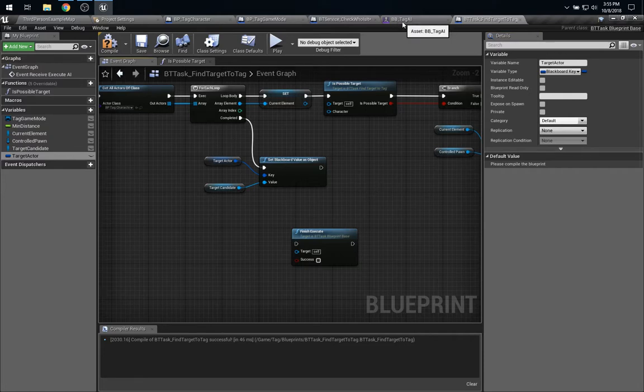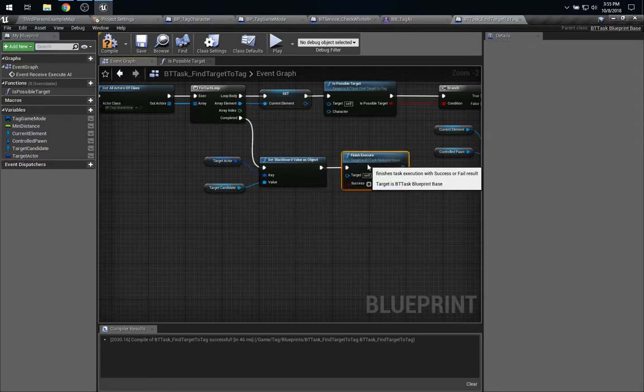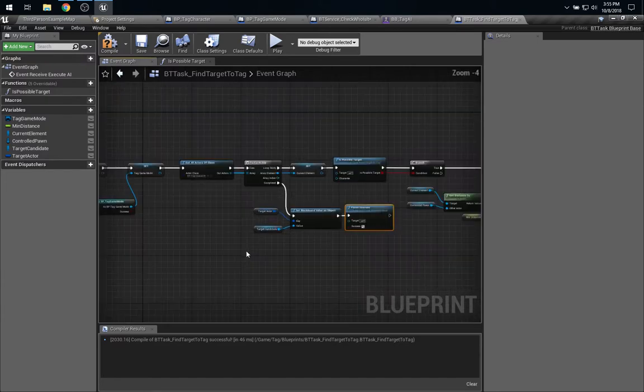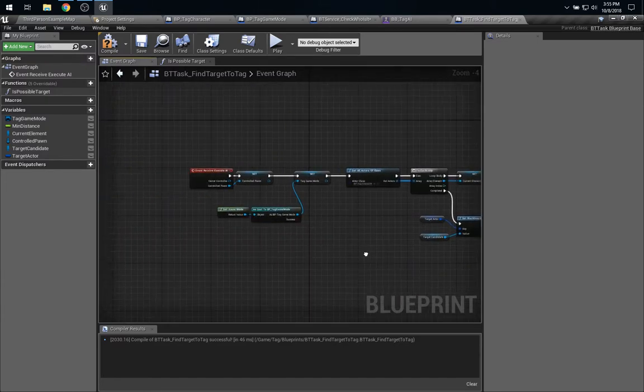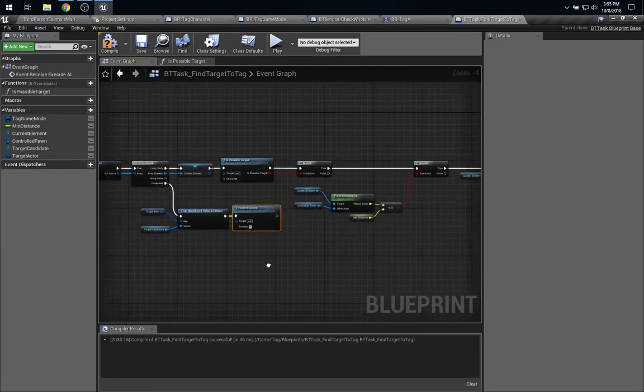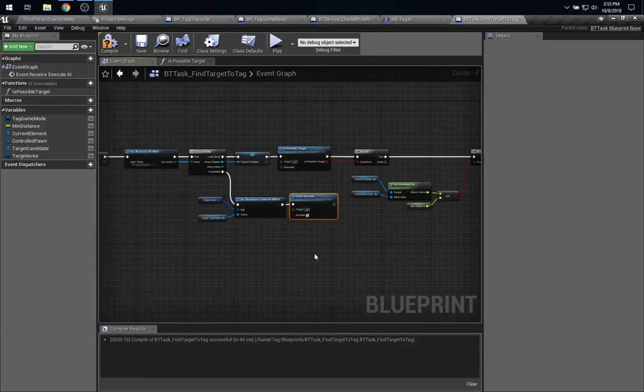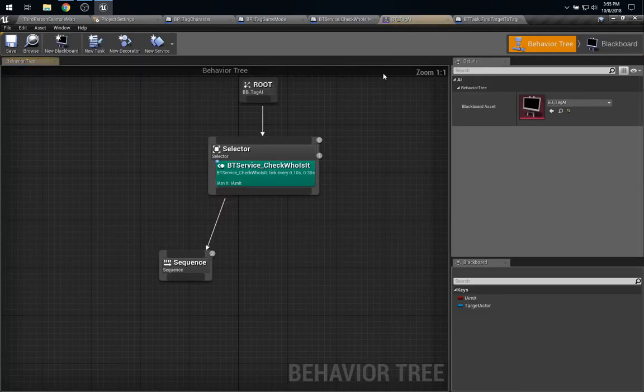So let's go back to, this is the last step. So let me go ahead and finish execute. Right, because we have to call finish execute when we're done with the task, right? And this is going to be a very fast task. We go through all the actors, we look for the closest one, we set the Blackboard, and we're done. Good. But we must not forget two things. One, this is my Blackboard key selector. Make that visible, which allows us to go back to the behavior tree, and